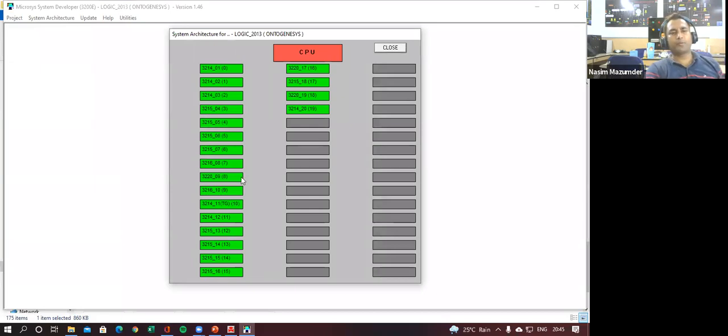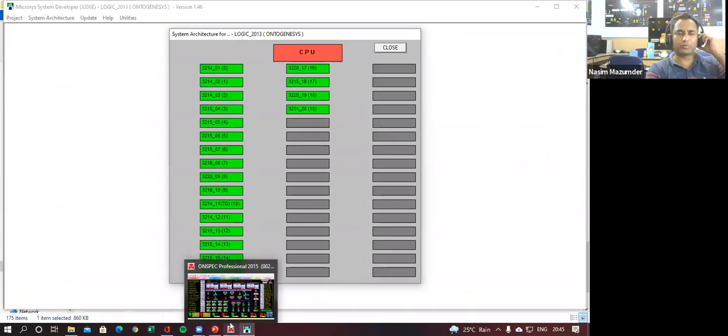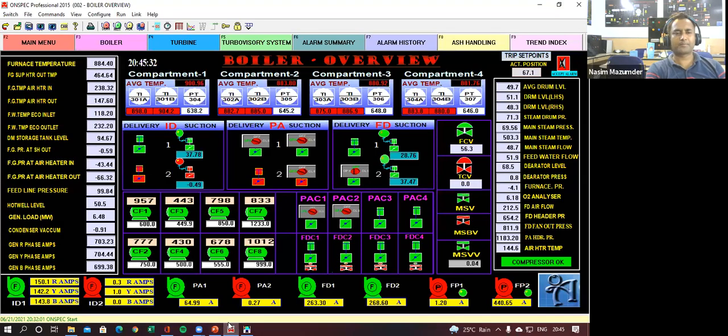There are so many modules and so many logics. So how can I find the particular drum level control from this? Can you give me some idea what to do? Any idea?